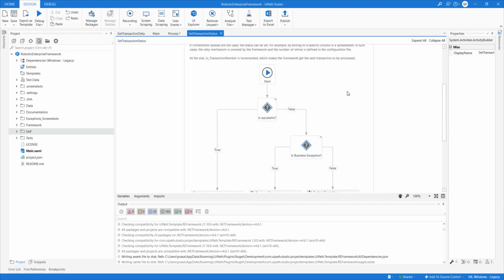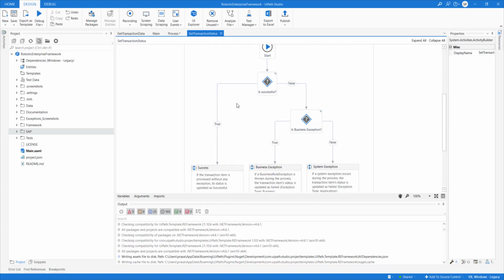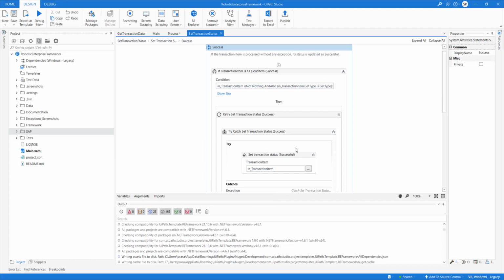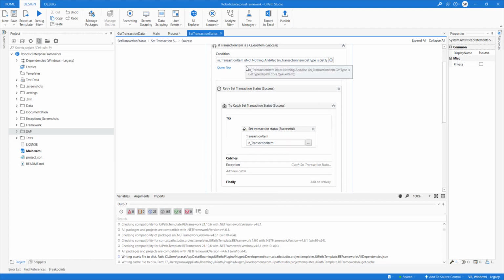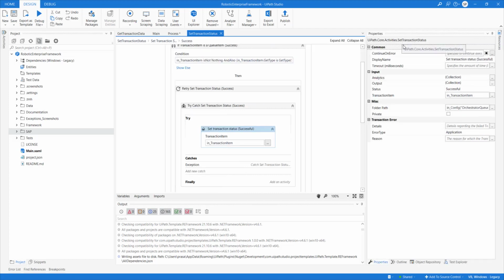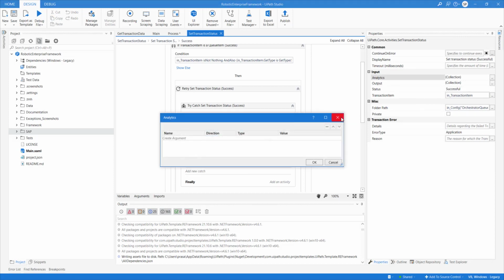So this is really important to understand, right? And what is happening here is we are using the concept of set transaction status, and this is the same activity that we used yesterday. Set transaction status. In the collection, in the output, we are setting nothing. In analytics, we are setting nothing.